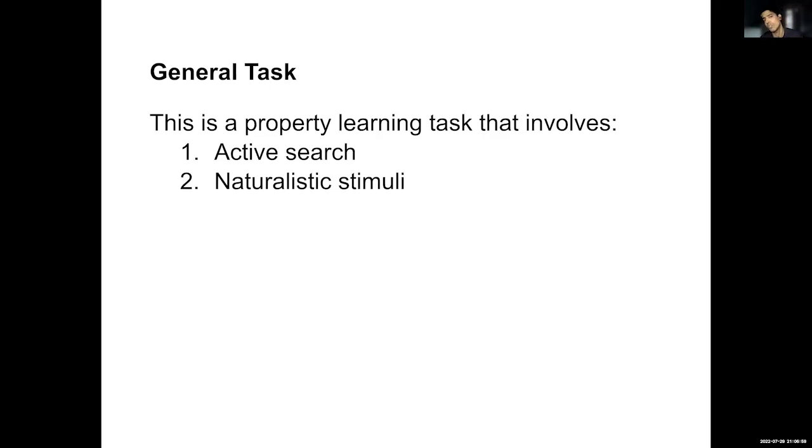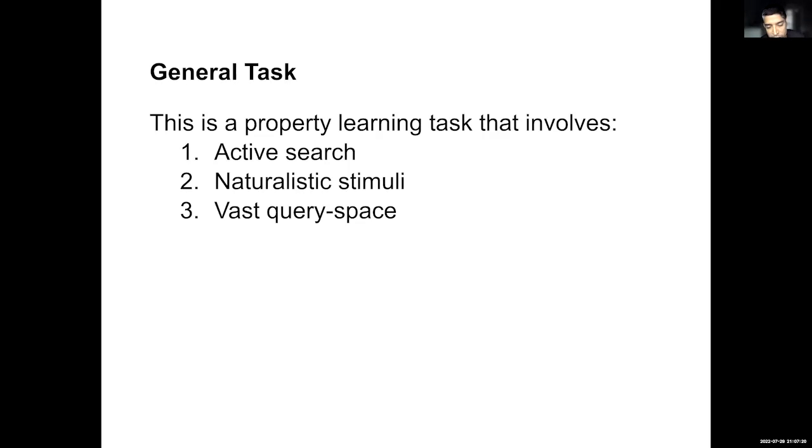It also involves naturalistic stimuli, that is, things that people encounter on a day-to-day basis. Food items, for example. There are hundreds, thousands of food items in the world. These are rich, complicated objects that people have a ton of background knowledge about. So they have to essentially use this background knowledge to ask me questions, right?